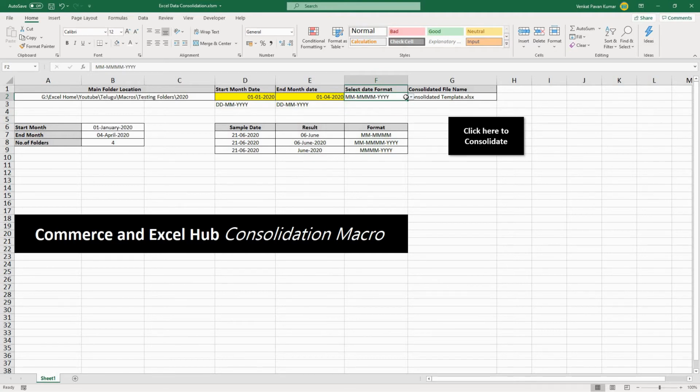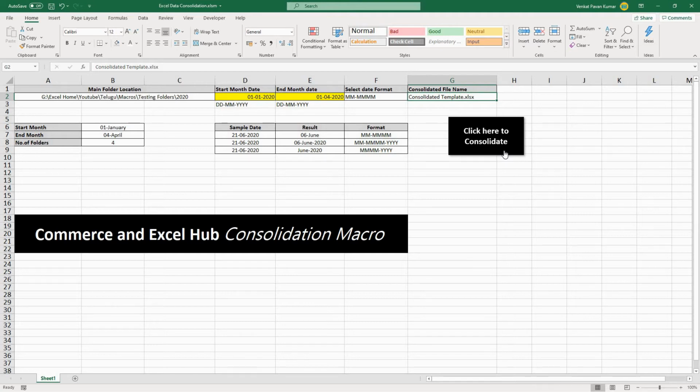Let me keep it like this, and here we need to update the consolidated template file name in which we need to append the data. Now I'm going to simply click this button to consolidate the data.